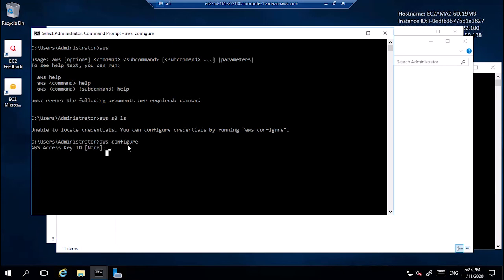Since we are connected to an EC2 instance, the copy paste mode works sometimes and sometimes it doesn't, but in the real environment it will work because everything is connected with IP addresses. After this step, you can follow the other video, part 1 of this video, connecting to S3 bucket from CLI. It's the same step. You will provide the access key and secret key, and you will be connected, and you can run all of the commands